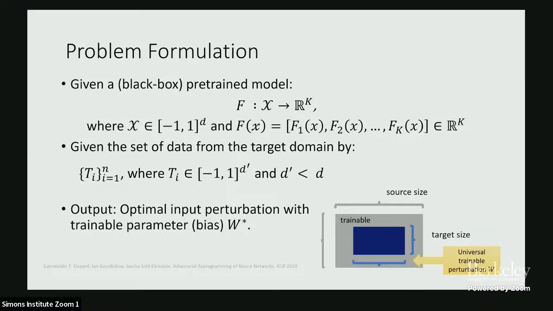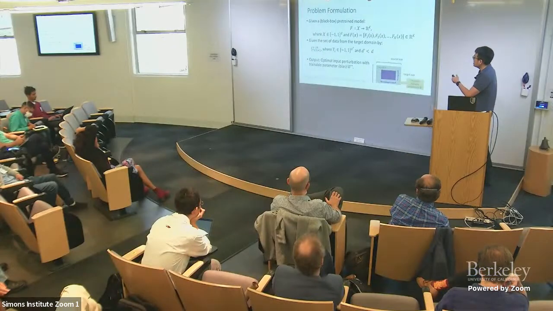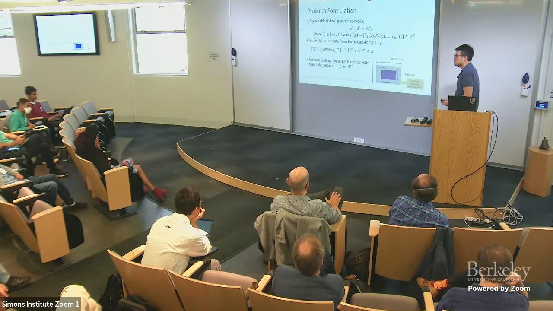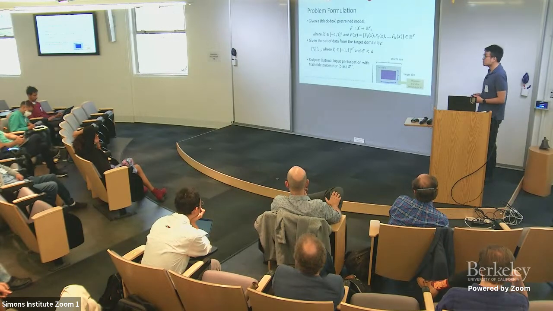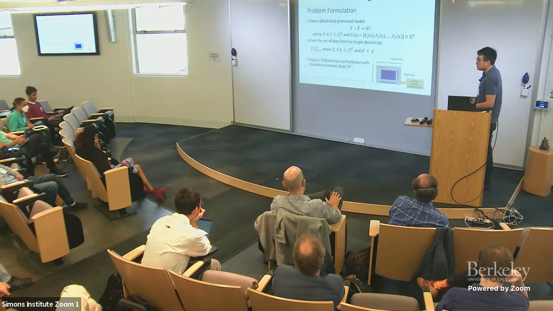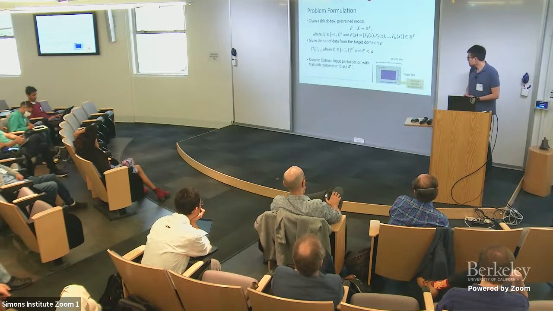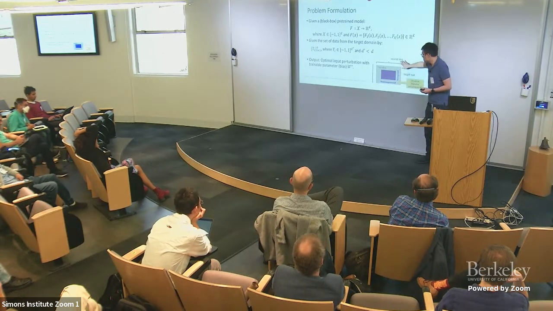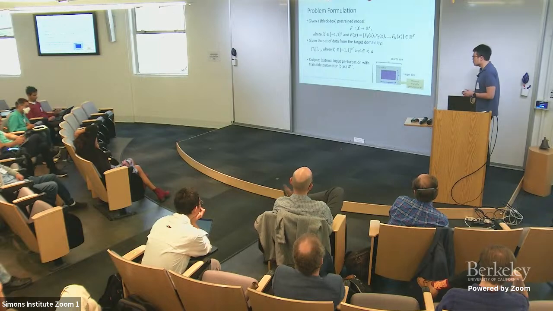So you assume that the output of the classifier is over the reals, not just a score from 0 to 1? Yeah, it actually doesn't matter. If you look at the logits, before taking the softmax, it's a real value, but after taking the softmax, it can be 0 to 1. So it doesn't really matter. It's just a matter of what you get as an output of the black box. Yes, very true. Okay, so those are the set of trainable parameters that we introduce as a universal perturbation to every target input.